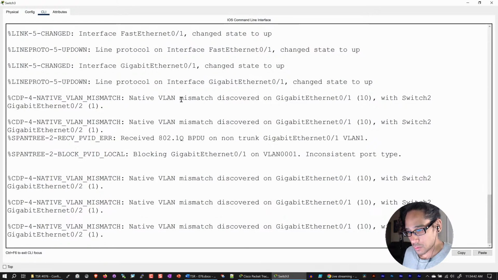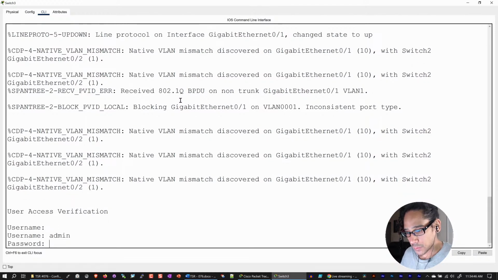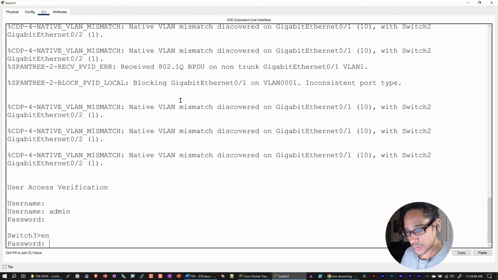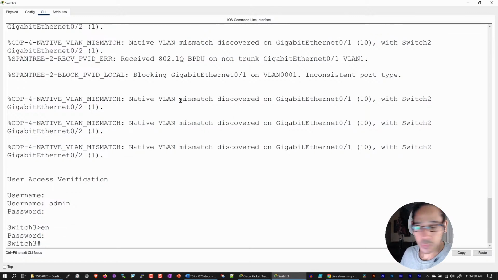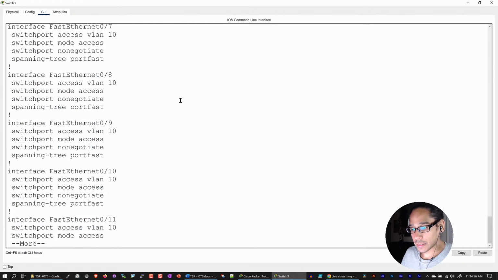Okay, so let's hit enter. Let's log in. Password is Cisco. Let's get into enable mode. Cisco is the password. I'm going to do a show run configuration so I can show you guys everything is on VLAN 10. Nothing is configured. We need to configure